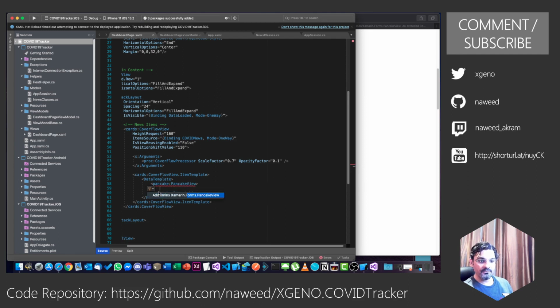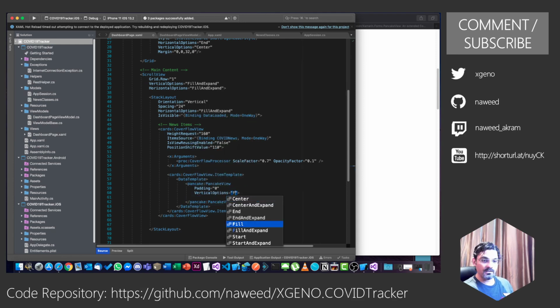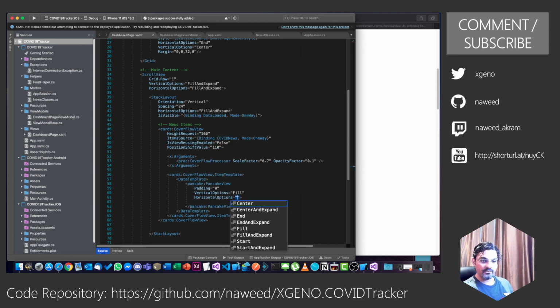Let's add the namespace. We are going to give it no padding, padding 0, vertical options is fill, horizontal options is fill.